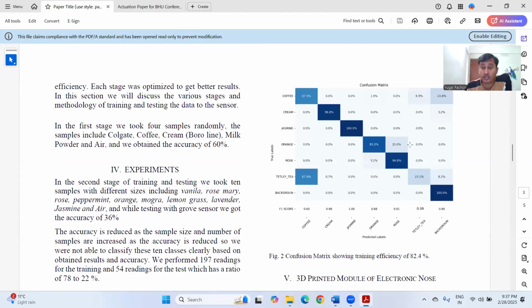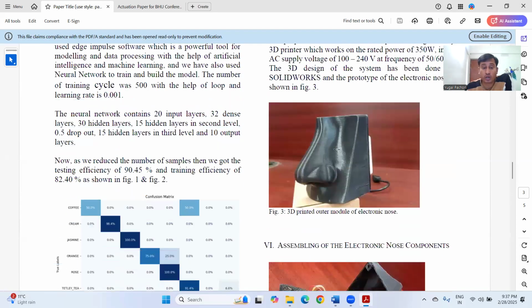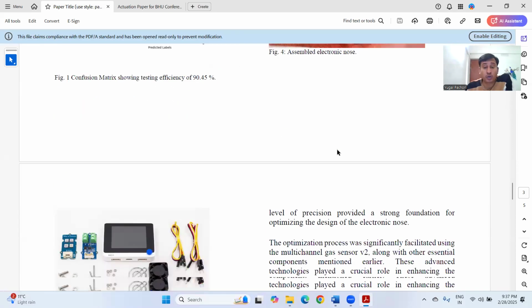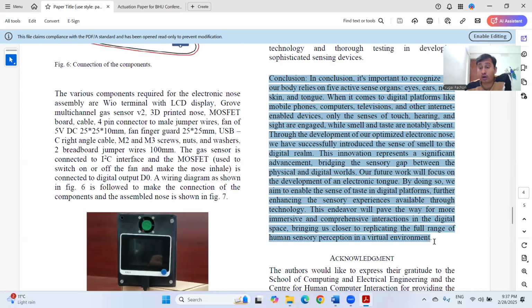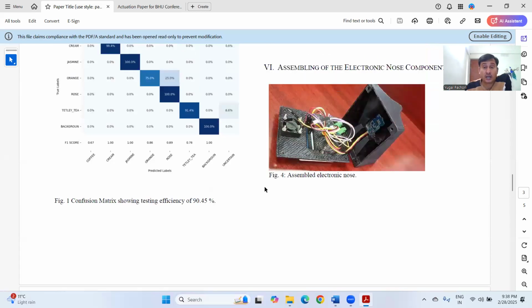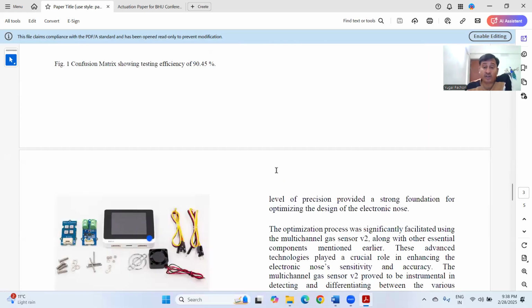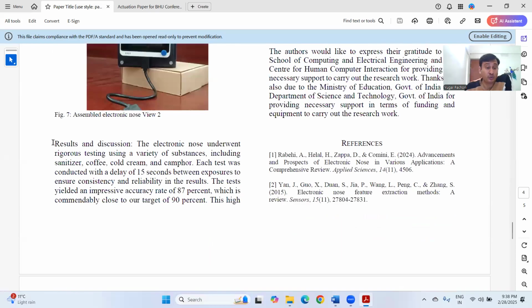And it was created by us. You can talk about the experiment, you can talk about the modules you are entering into the paper, you can talk about the conclusions of your research and the topic that you are talking about, and you can talk about the results, and how you have assembled your project. You can see the results and the discussion, what accuracy, what efficiency you achieved.